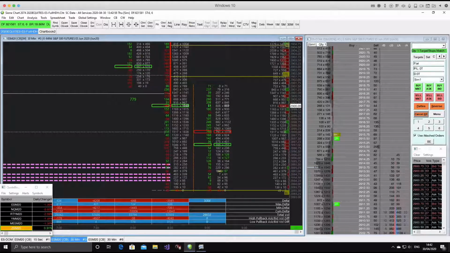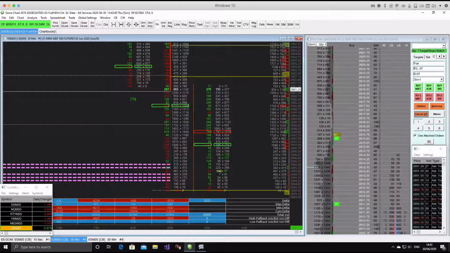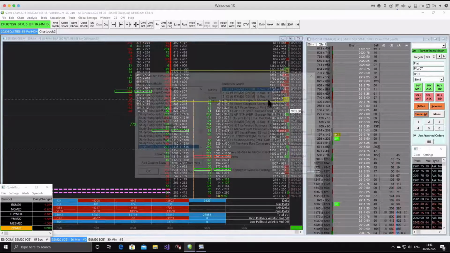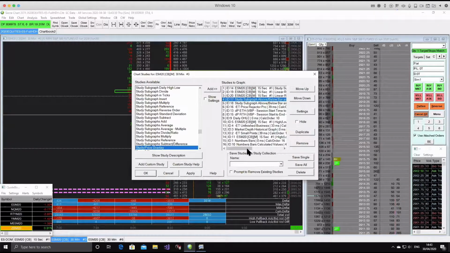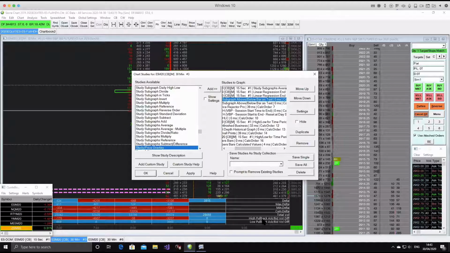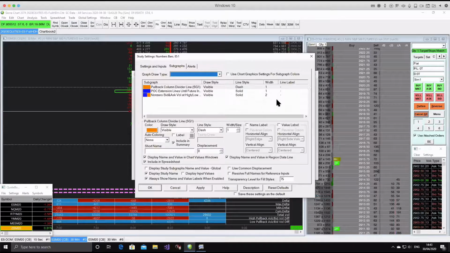Stephen asked, can I go over how to change the delta showing up at the top or bottom of my bar? On my chart, there's a red background on the bottom and green. Yeah, the reason for that, Stephen, is I'm using study subgraph above below bar as text to pull in the high pullback, low pullback from numbers bars calculated values. I'm doing that for a couple of reasons. Firstly, if I put the information there using numbers bars